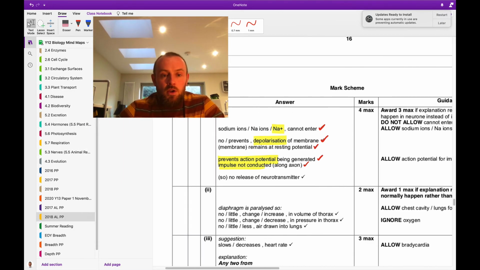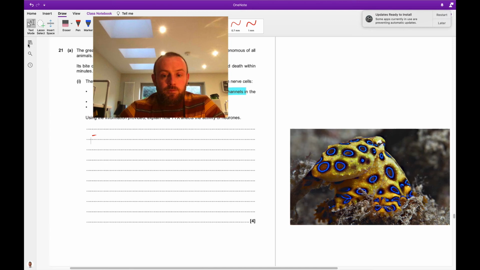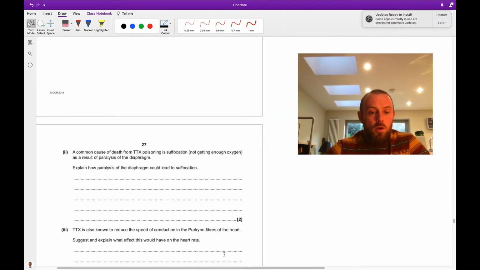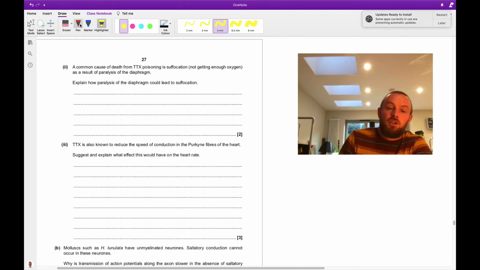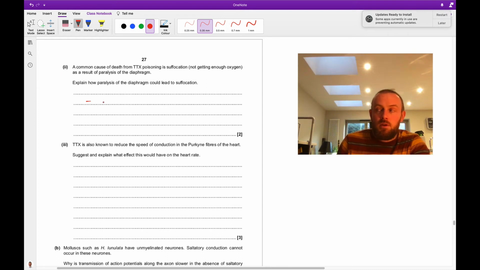Okay, so next one. A common cause of death from TTX poisoning is suffocation, not getting enough oxygen, as a result of the paralysis of the diaphragm. So why would paralysis of the diaphragm lead to suffocation? So if you can't contract the diaphragm,